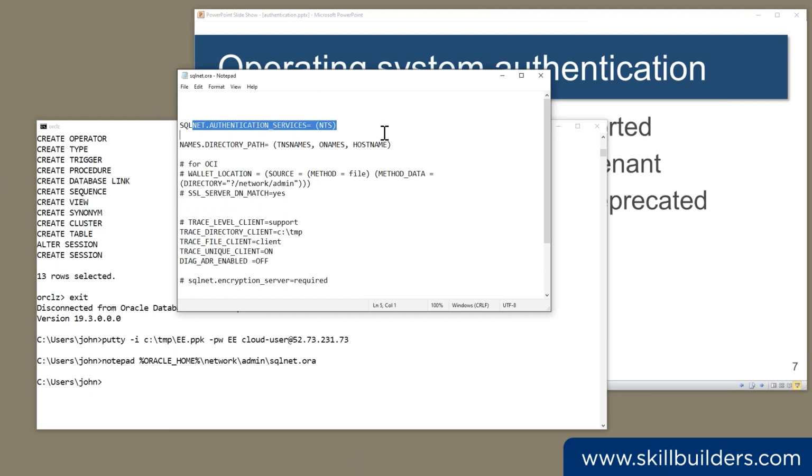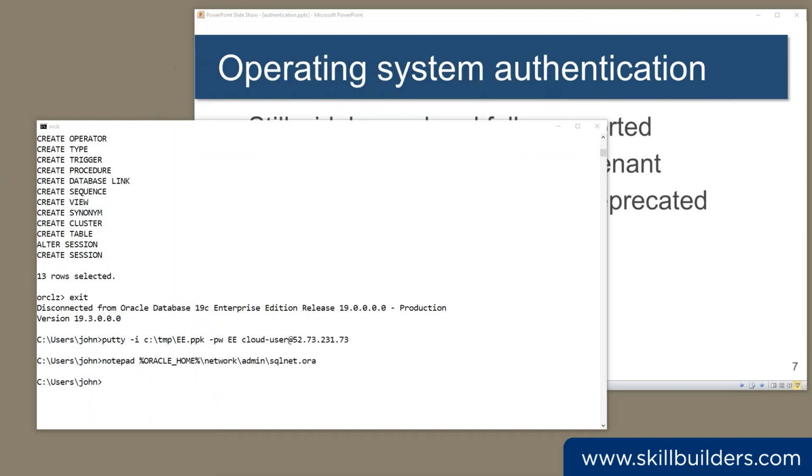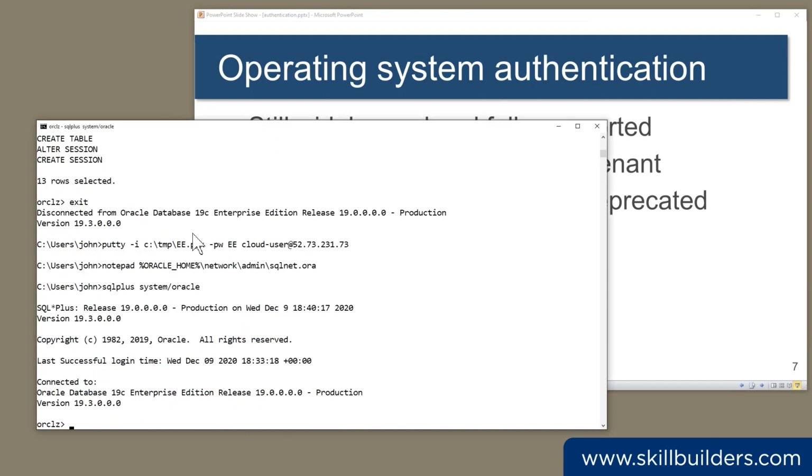You will need authentication services set up. NTS for Windows, BEQ, bequeath, which is the default, in fact, for Linux, Unix. You'll need authentication services configured there, which I do have. Now, the question I find where it can be awkward, who on earth am I as far as Windows